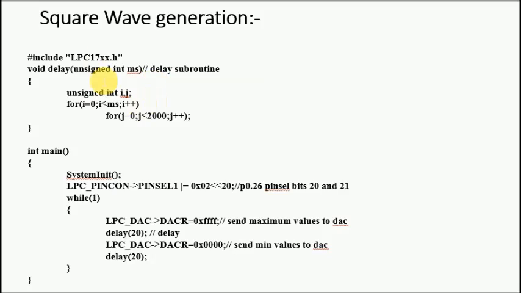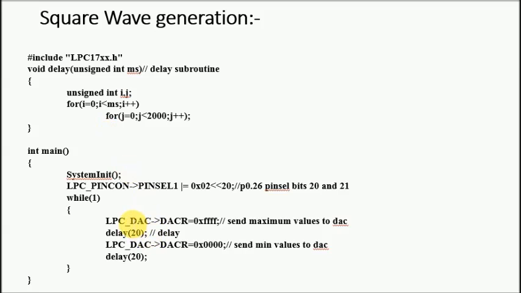We are calling the delay. Here is the delay routine, with an unsigned integer ms. So ms means this 20. This routine is a call by value, so this 20 will be passed by value, and ms will be equal to 20 here. Then I is less than 20 or not. If it is less than 20, we can execute this routine. J is less than 200, yes, then it will be executed here. When this condition is false, it will come back here and decrement the value from 20 to 19. Likewise it executes the routine and generates the delay.